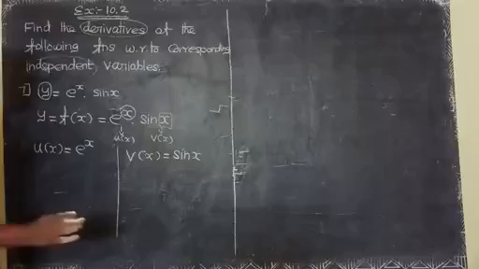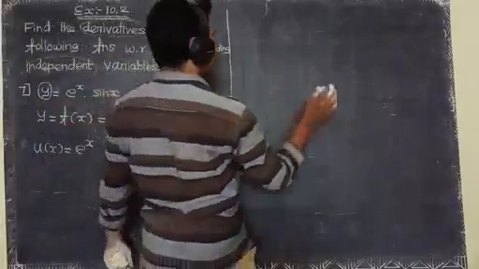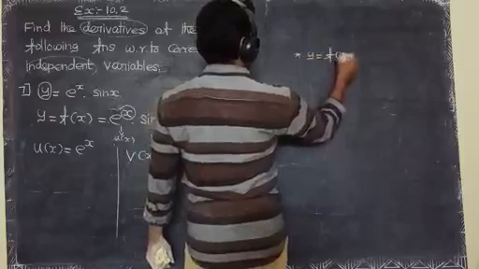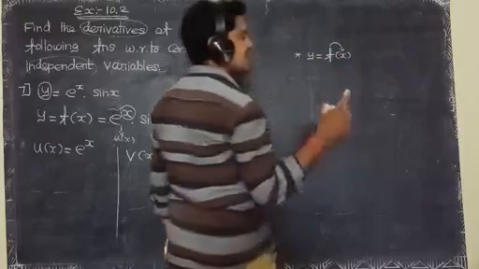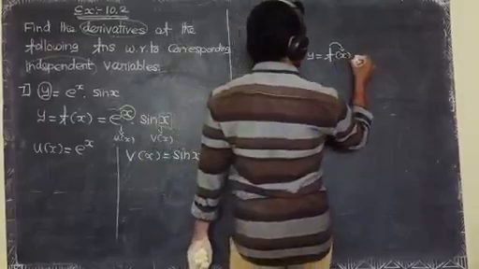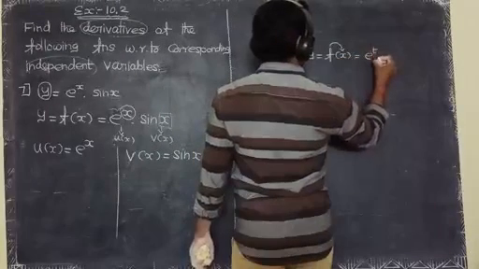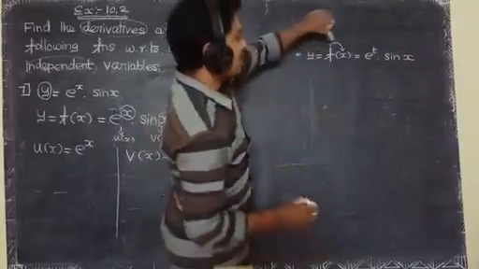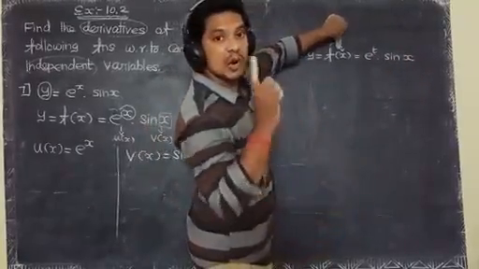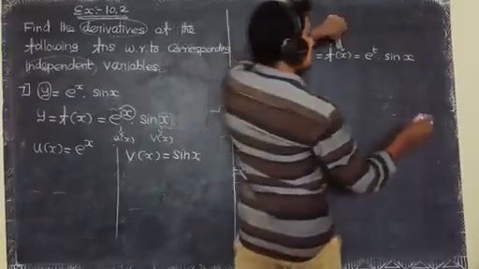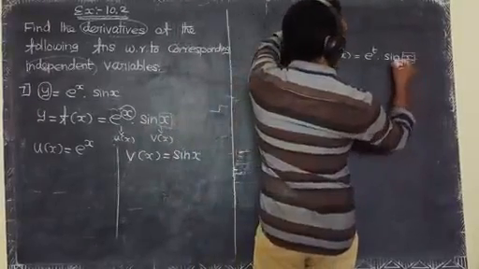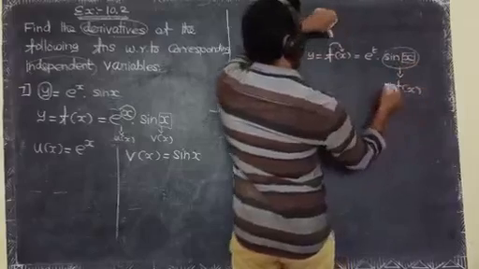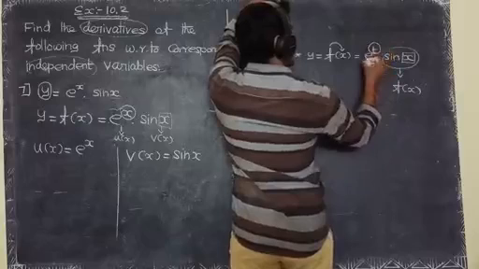Dear students, kindly note: y equal to f of x means function of x. X is the only variable. Suppose they give e power t into sin x. It means the function has variable x; x is the only variable, otherwise constant. This is the function f of x. Here e power t is the constant.